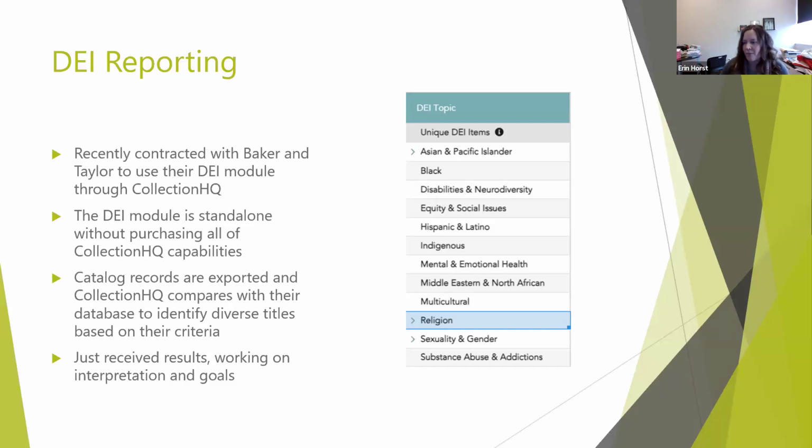And you can start making some comparisons over the course of the year, especially if you're focusing on one particular area. For us, our adult fiction collection is 70,000 items, and so seeing a major change in those percentage points means an enormous amount of stuff. So the progress may come slow, but I think it's important to look at and consider when you're making your purchasing selections. So we're just at the start of the process, but I'm excited to see where it goes. So that's what I've got for that.